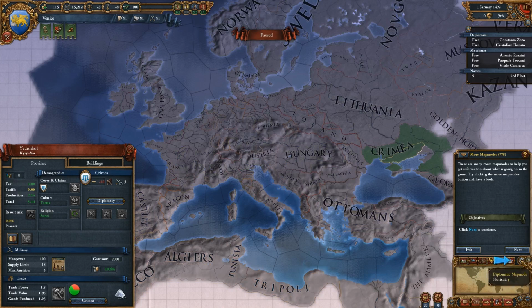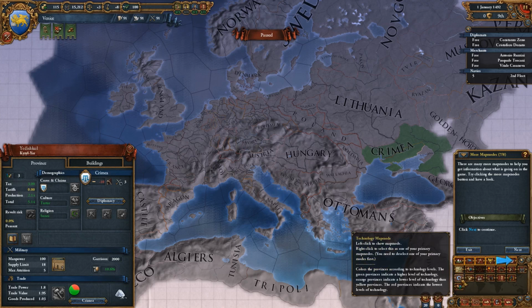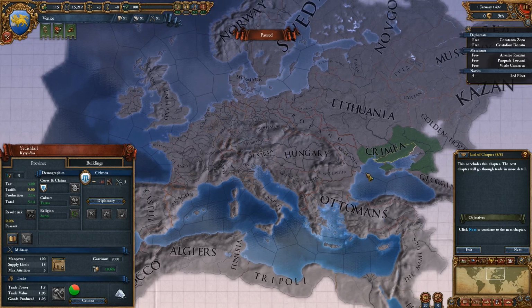Sphere of influence. Culture. Region. Technology. Trade. Supply. So there's a lot of map modes, ladies and gentlemen. We can understand that. I'm beginning to understand why people sink so much time into these games, and this looks quite accessible to me. I think I was reading something about Paradox on the Polygon website, and they said, you